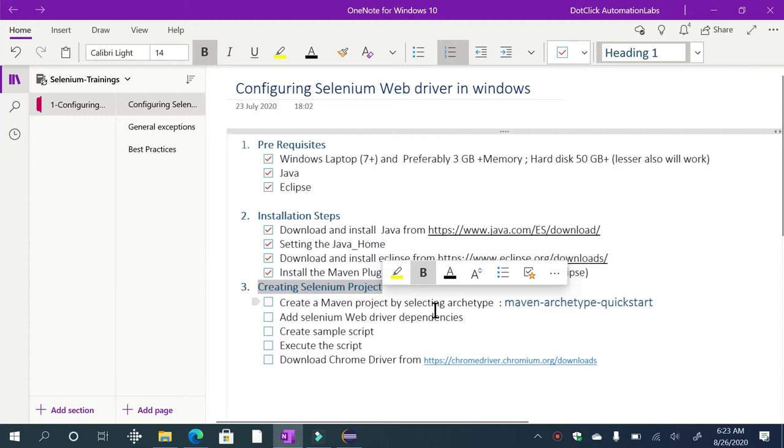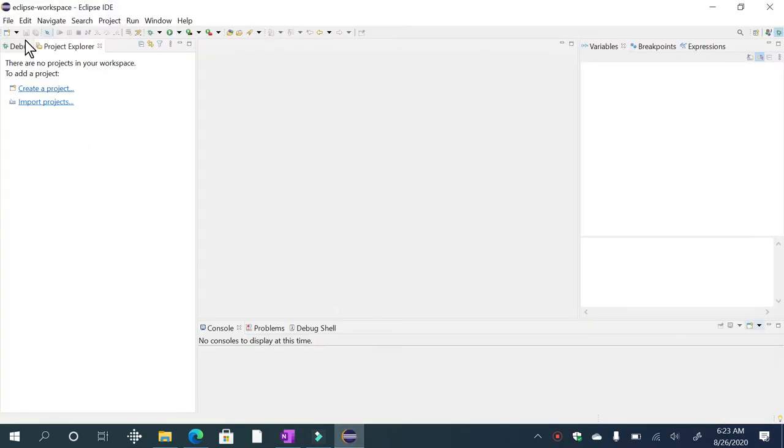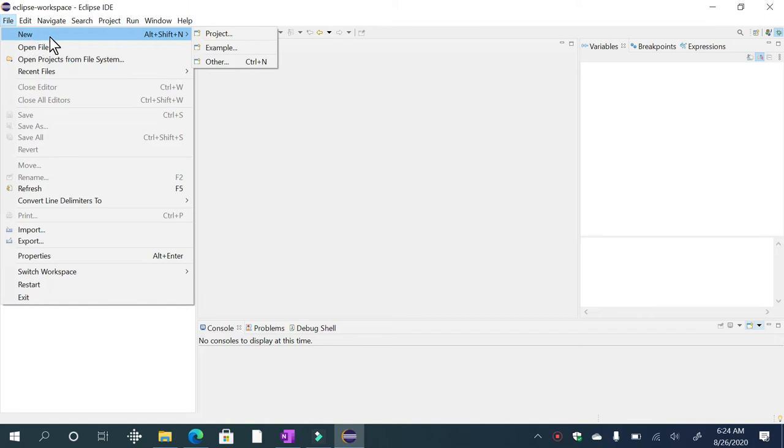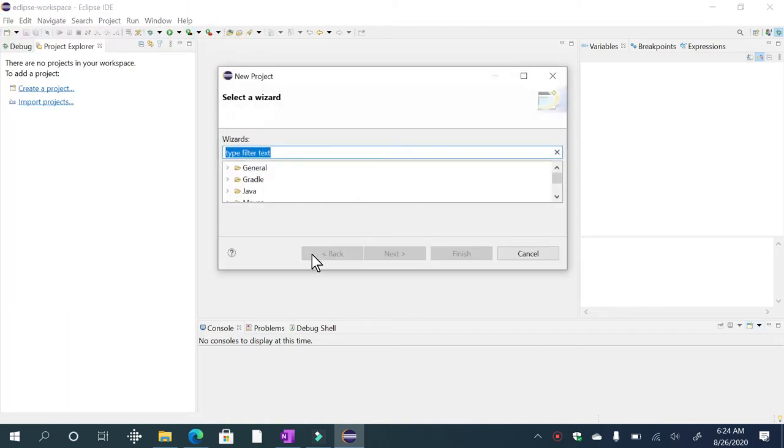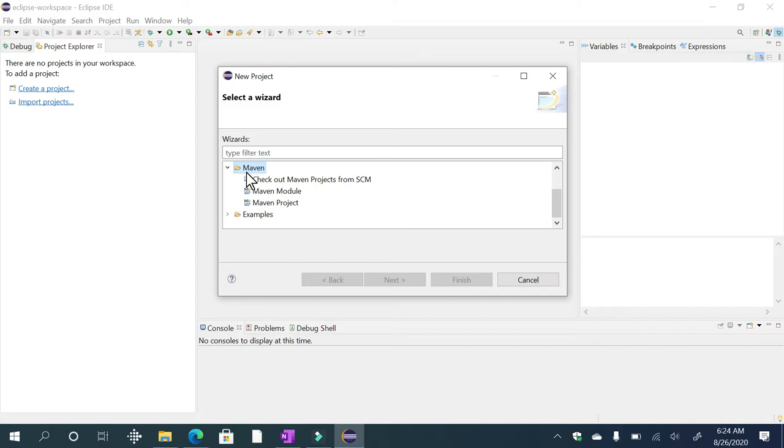To create a Selenium project, we are depending upon one of the archetypes called Maven archetype quickstart. So let's see, I'm copying this. Go over here and go to file and new project. You can create a Java project, but it would be good and more advanced to use a Maven project. I'll tell you why we need to use Maven over Java, but let's currently go ahead with